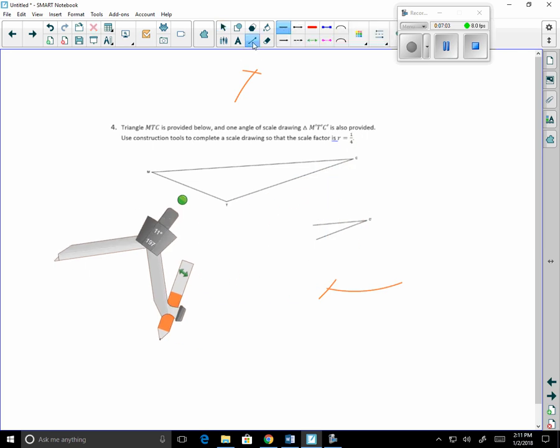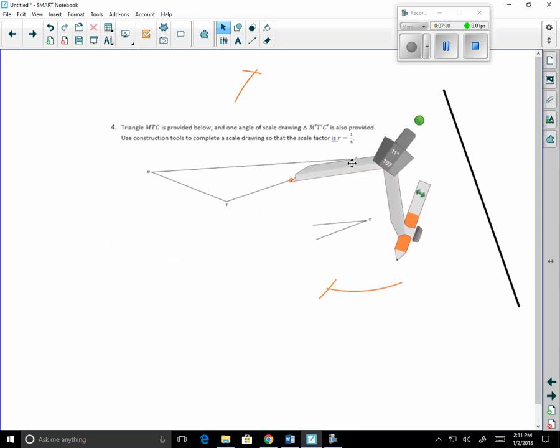If I use my straight edge, I find the halfway point, which I'll mark. And notice this black line here. I wouldn't even draw that in because I don't really need it. I'm just drawing it in so that I have it, okay? So now I know the halfway point. To find the quarter way point,